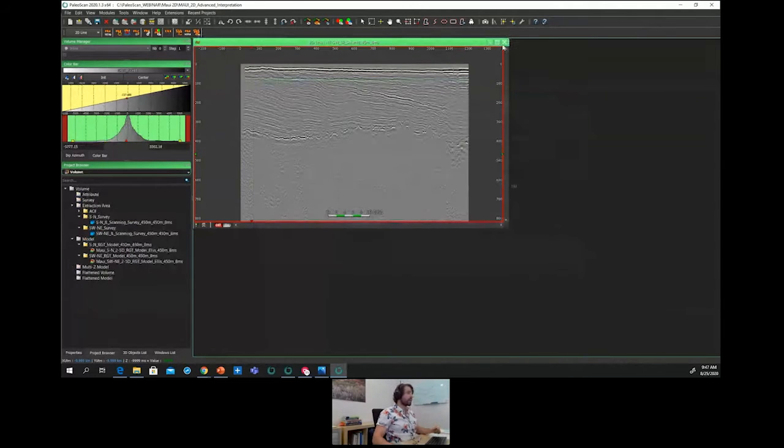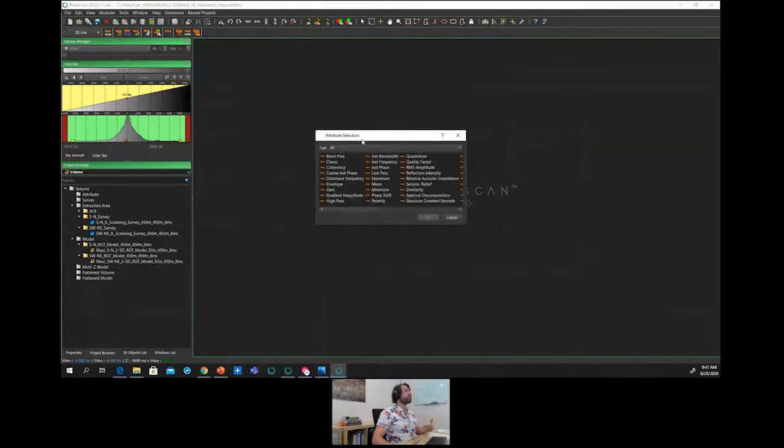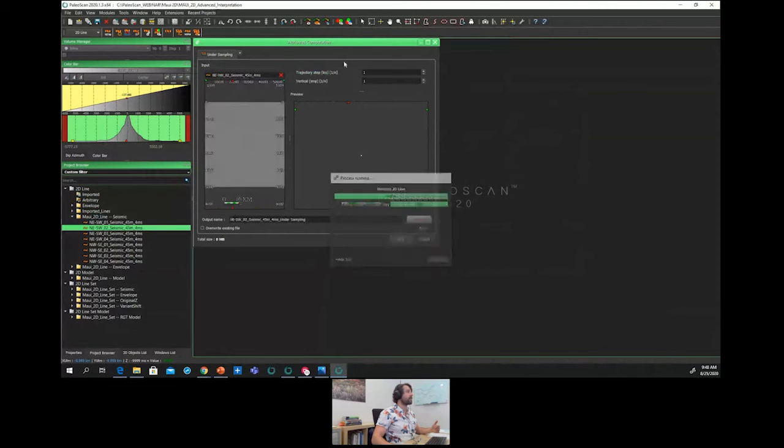Another tool that can be used in order to condition the lines would be to create 2D lines attributes, and in particular, an undersampling one, toward the creation of an undersampled 2D line. By increasing the trajectory step, for instance by 2, we will multiply by 2 the bin size from 45 meters to 90 meters, the same with the vertical sampling.